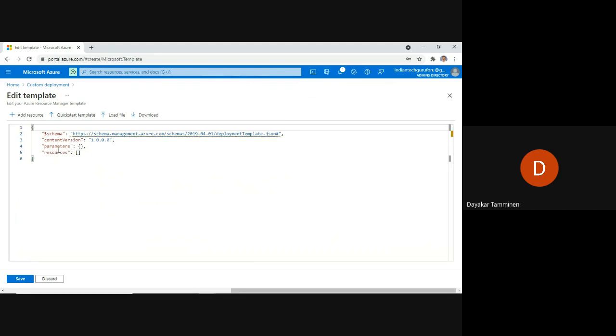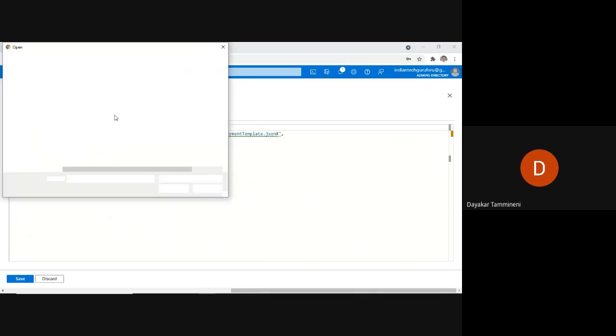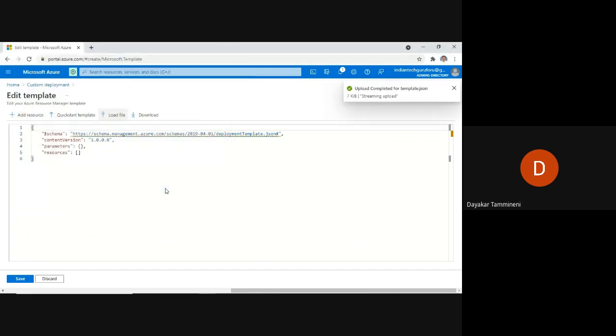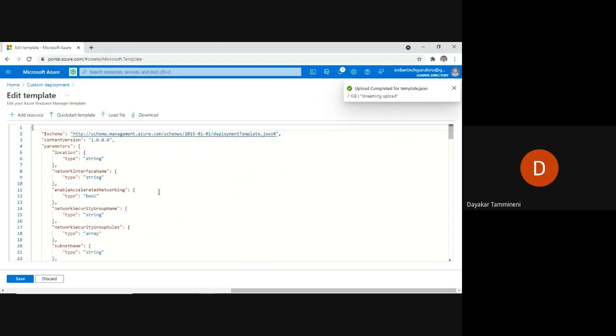Now this is the template file. So click on load file. Then it will navigate to the ARM example template. Which file do I need to load? Template.json file. Select template and click on open. Then that file will replace this file. Click on save.